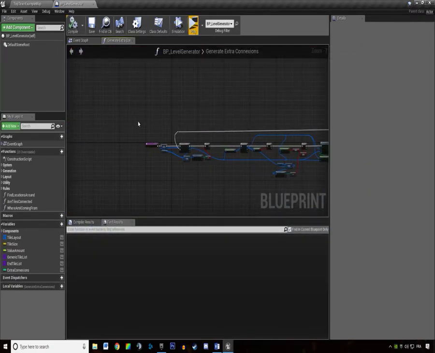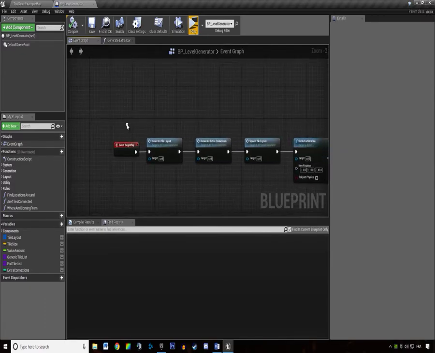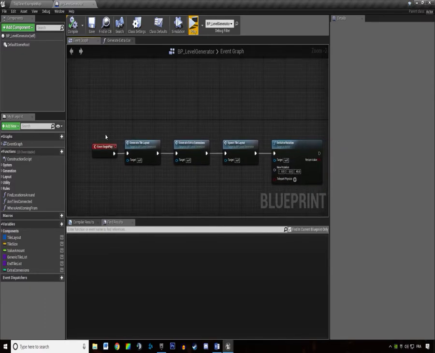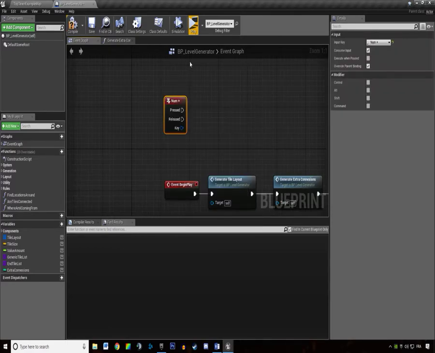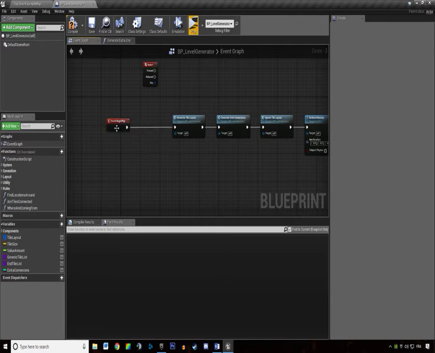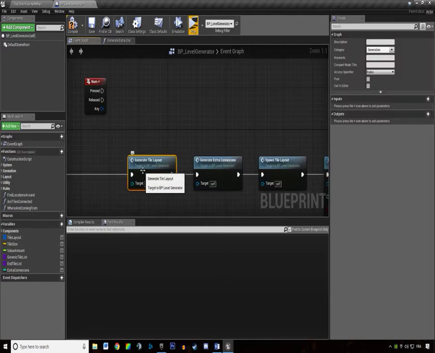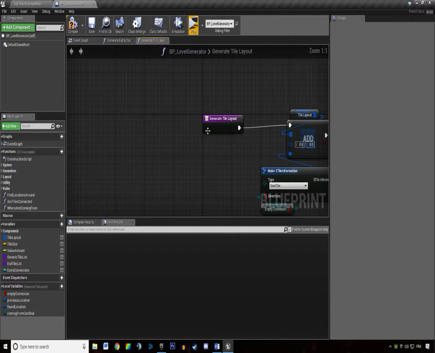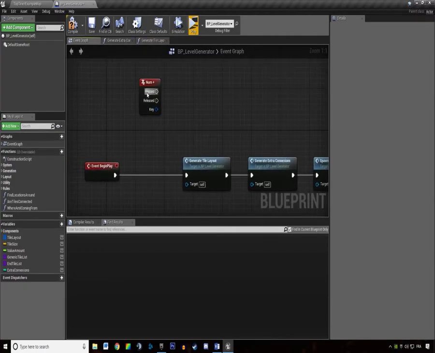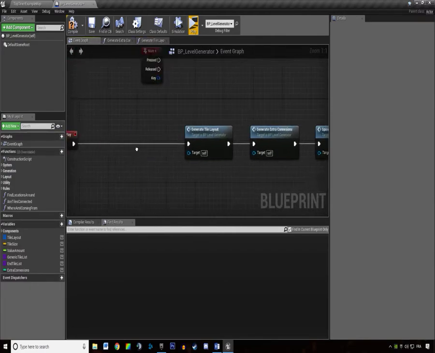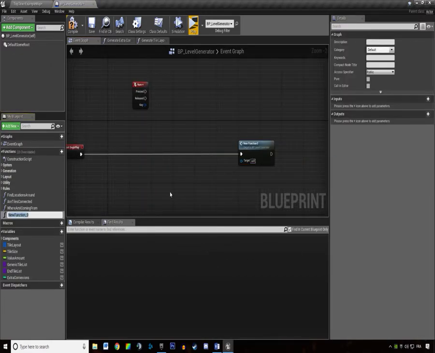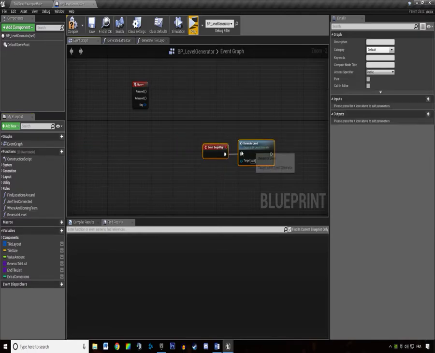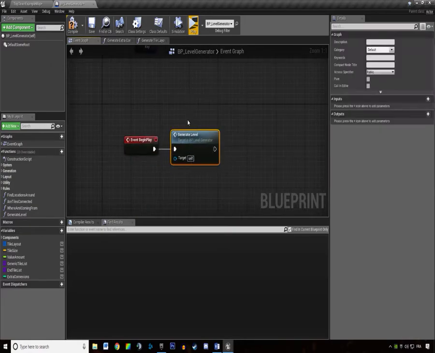Actually, we're going to add a key to generate new layouts at runtime. So we're going to find num plus, and we're going to make it so it generates the tile layout. We will do that in 2 steps. This is going to be a function. This is going to call generate level. On begin play, we will generate the level. When we hit play,